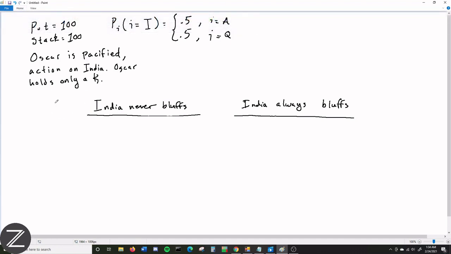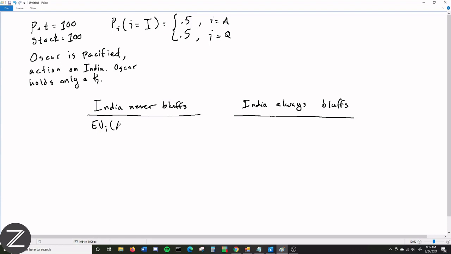Okay, so we're going to take a look at a scenario in which Oscar maximally exploits India for her tendencies. So in this scenario, we're going to take a look at two scenarios. The first one, India never bluffs. We're going to take a look at the scenario in which India always bluffs. But we're going to take a look at both of these and demonstrate how Oscar can minimize India's expectation. So in this first scenario, we're just going to take a look at India's expectation with either of her holdings. So in this, we're just going to calculate the expectation